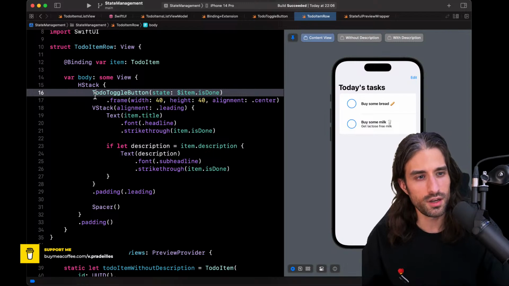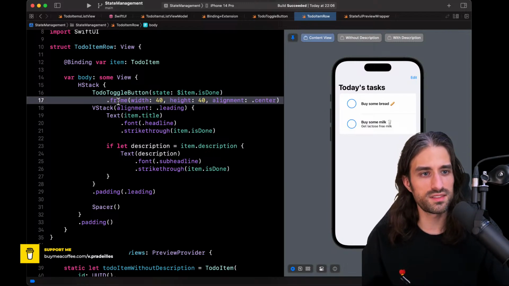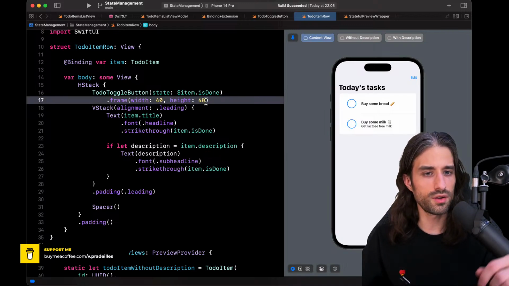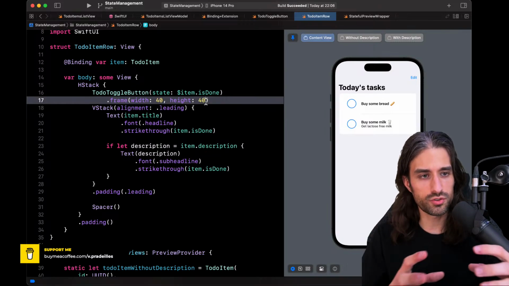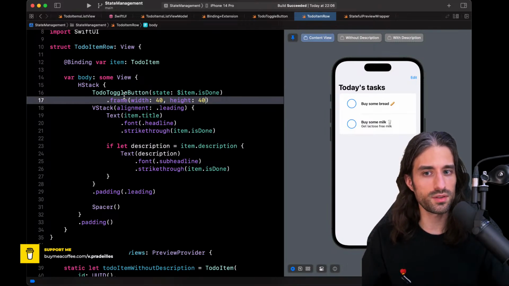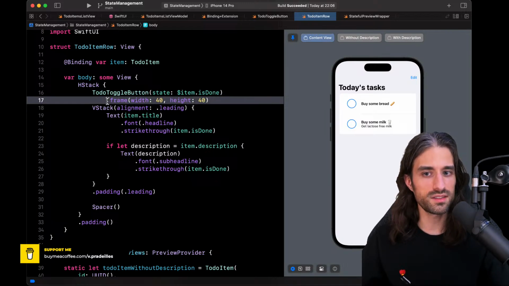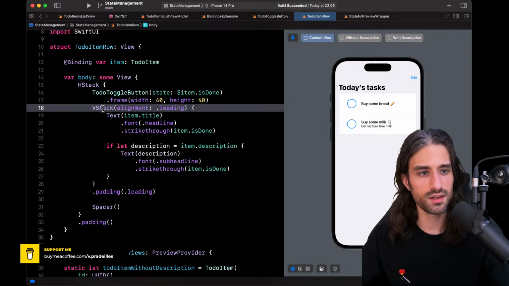The button doesn't have an intrinsic size by itself, but as soon as we've given it a frame, it is like constrained to something. So there is a size defined. And finally, the HStack also has an intrinsic size because the button has a size thanks to the frame modifier, and the VStack also has a size.